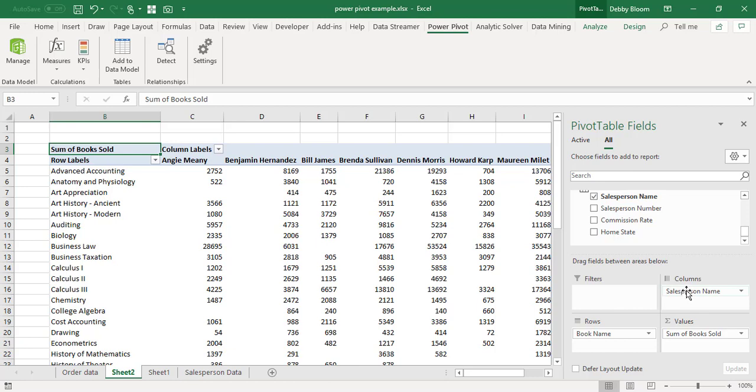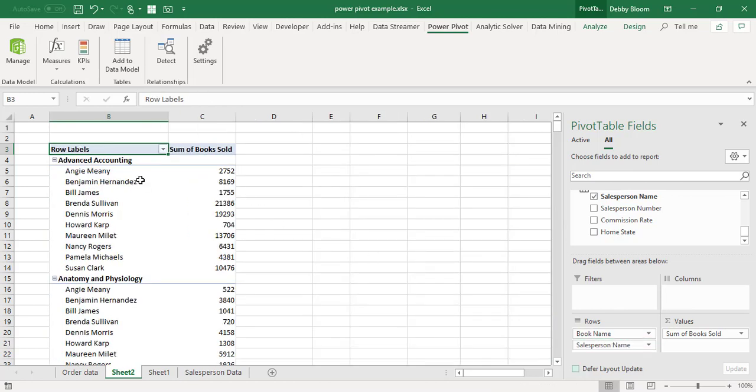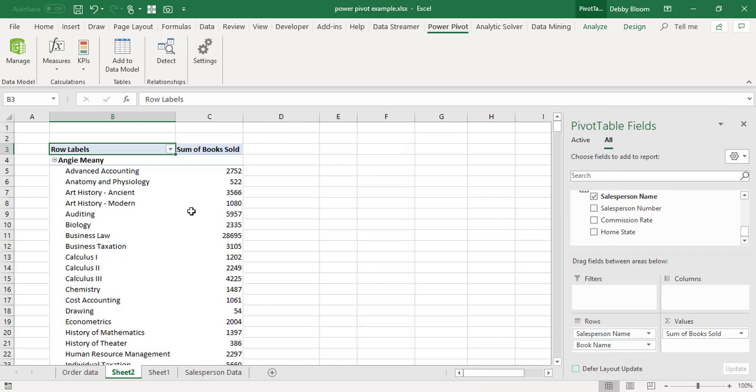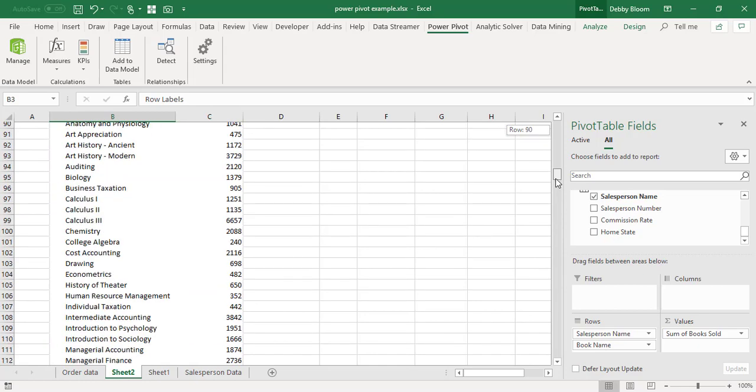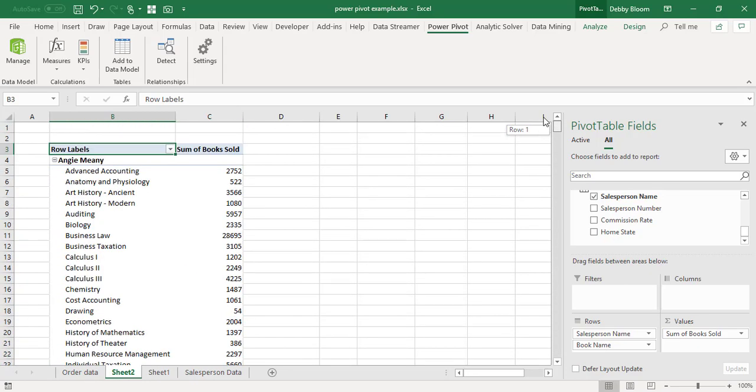So now instead of in the column area, I'm going to drag salesperson name under book name in the row area. And now we can see by each book how many units were sold by each salesperson. Now to rearrange this again, I'm just going to drag salesperson name in the row area before book name instead of after book name. And now we can see every single one of our sales people and how many units of each book that salesperson has sold, and also a total number of units if we would like that as